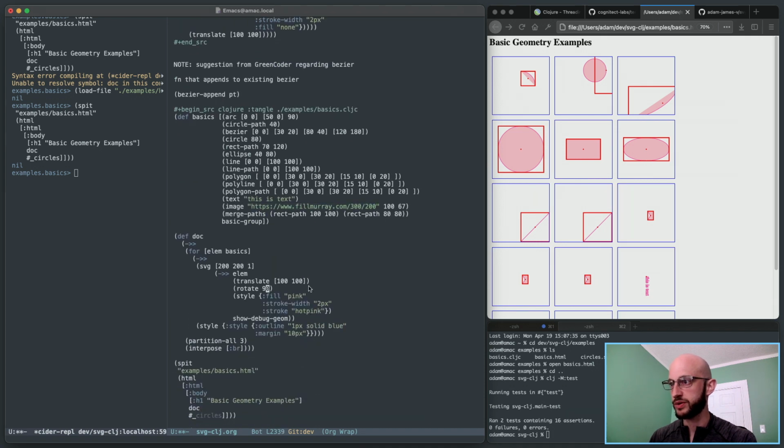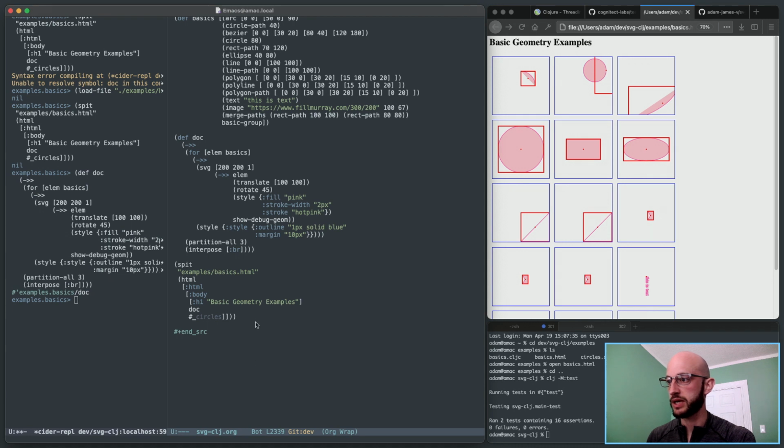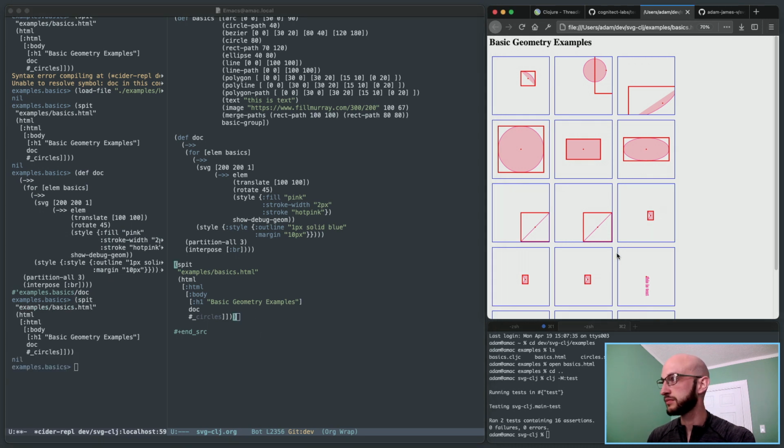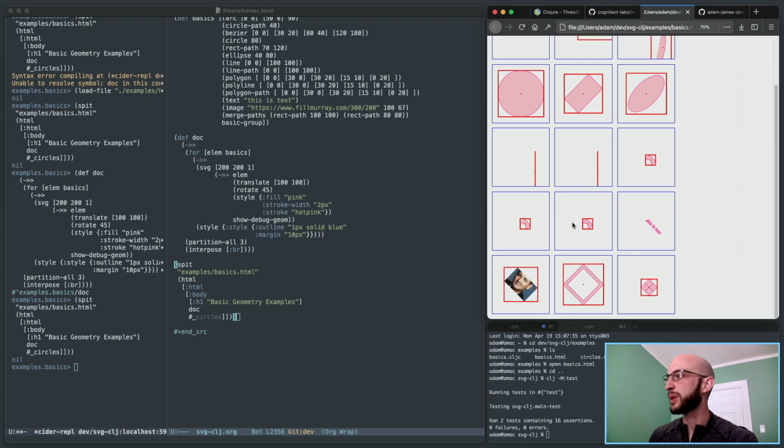Here, for example, I do believe if I do this, rotate 45, then I have to run it again for a minute. So there we go. It rotated things, and a bunch of these things successfully rotate without